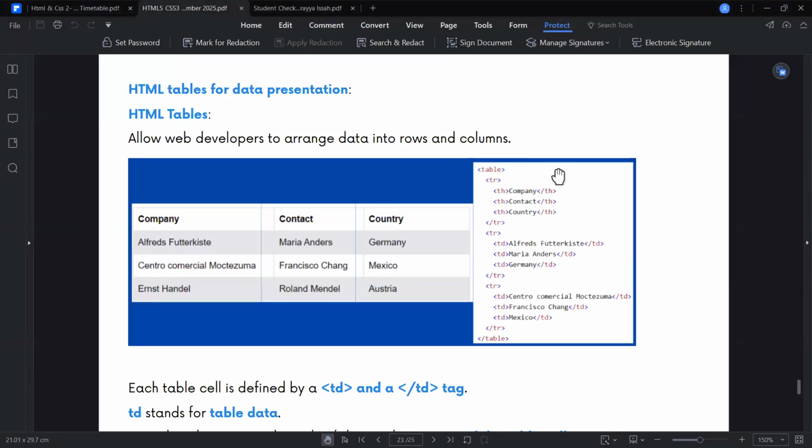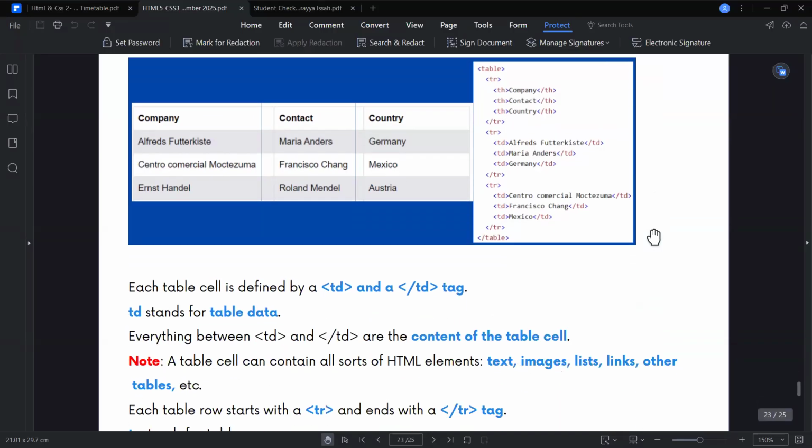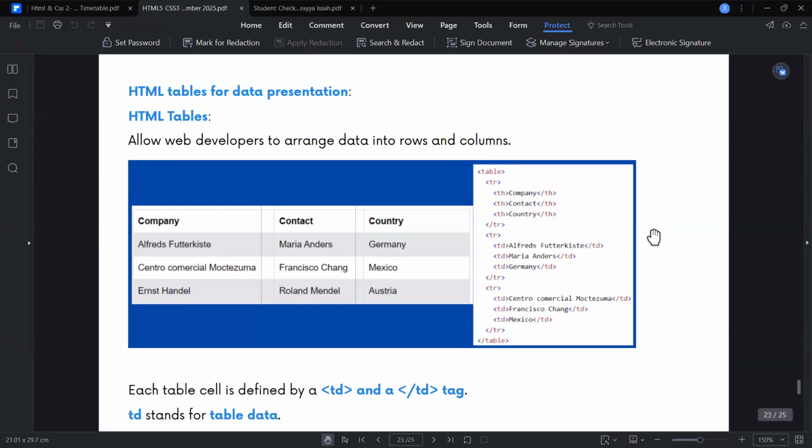So when you look at the table, a lot of time we might need some table inside our website. You understand? We might need table inside our website. Whether we want to make some calculation, some accounting information, then we put it there, or just simple example like this. Maybe we want to show some company details, contact, country. So then we have to use